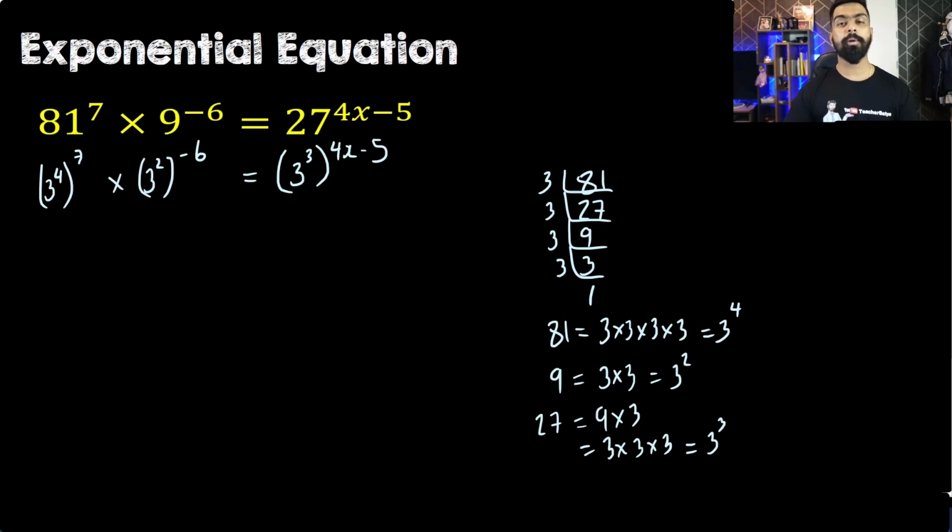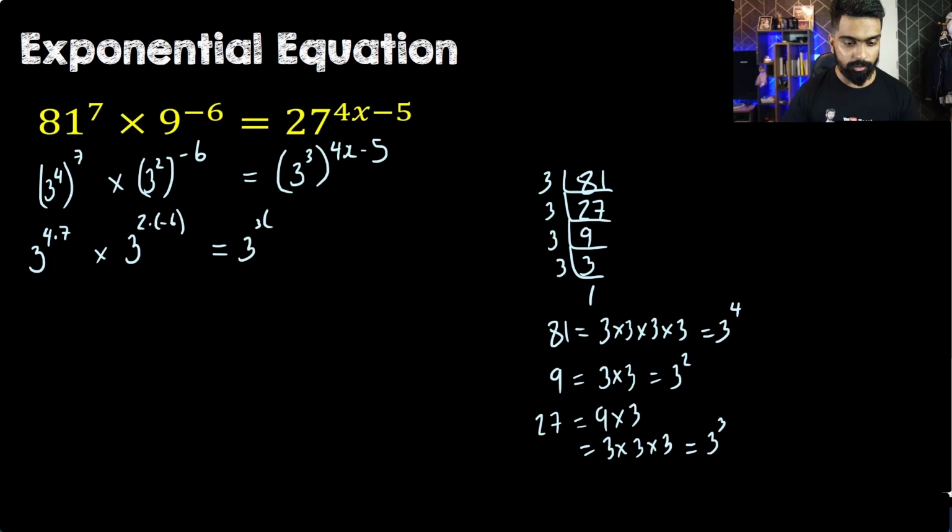Now I'm going to use the power law of exponents to solve this. So here, what do I have? I have 3 multiplied with 4 times 7. In the second one we have 3 multiplied with 2 times negative 6, and on the right hand side of the equation we have 3 multiplied with 4x minus 5. We have something like this. Now let's write the exponential values. Now we have 3 raised to the power of 28 multiplied with 3 raised to the power of negative 12